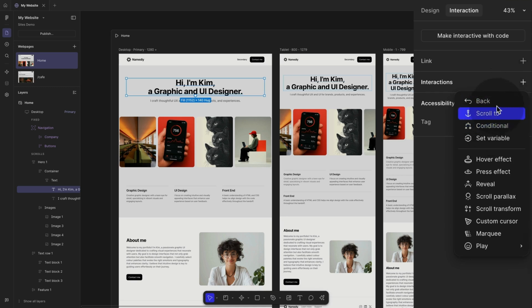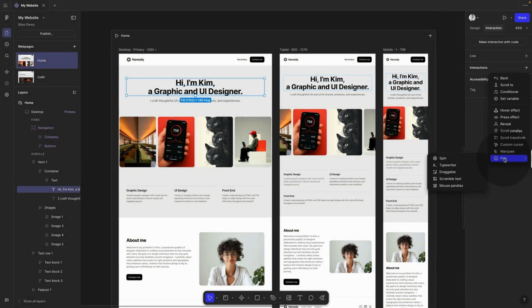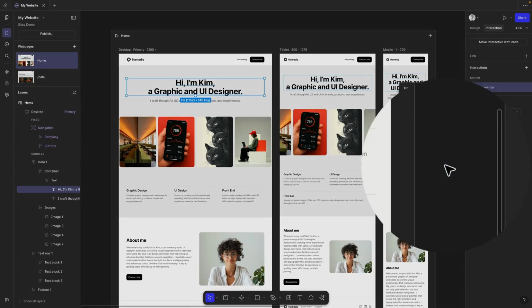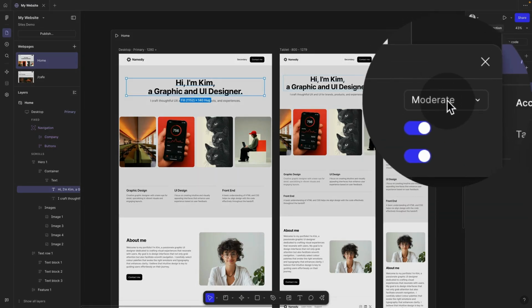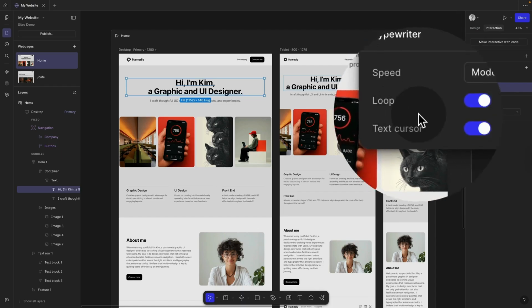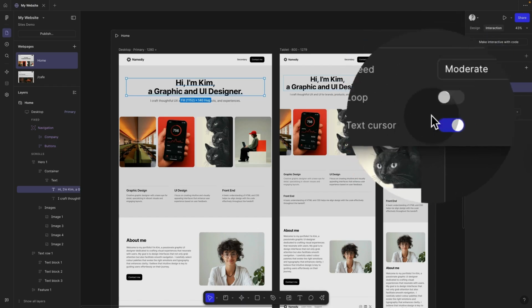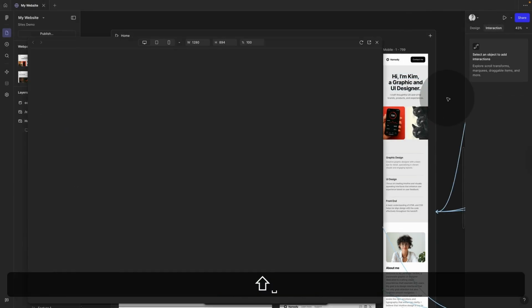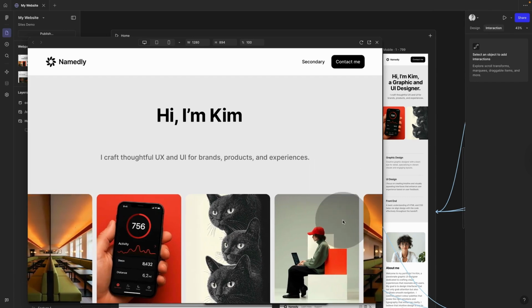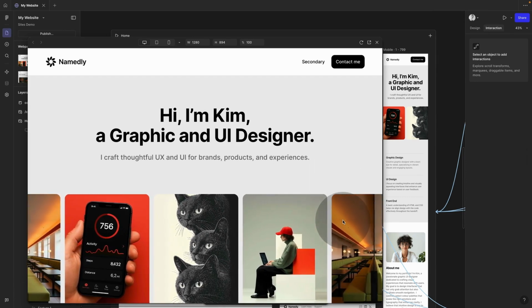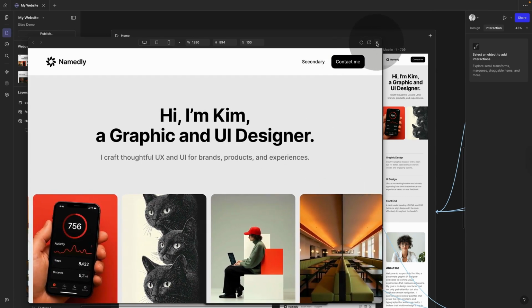So you can see here we have things like scroll behavior, but the important part that we like for this is actually this here. So for example, if I want this typography to sort of be appearing, then what I could use is this one. I could use that typewriter, and then I could set the speed. I'm actually going to leave that at moderate, and I could loop it. Actually, I don't want this, and I have a little cursor. So let's have a look what that looks like. And you can see that this is really nice. So this is going to start typing as soon as I click on it,